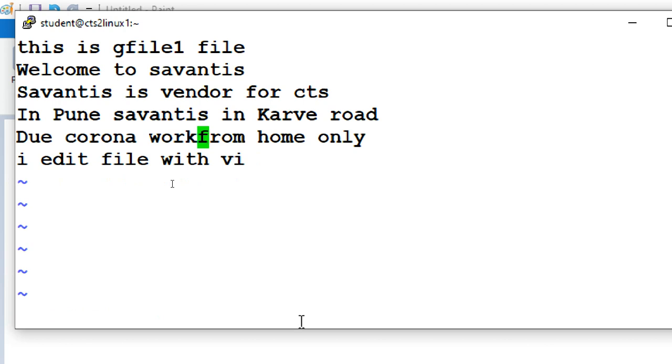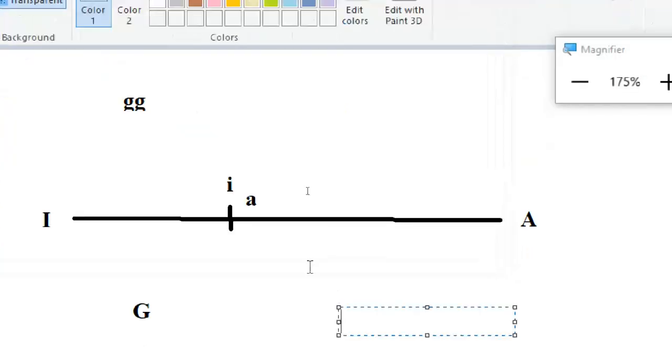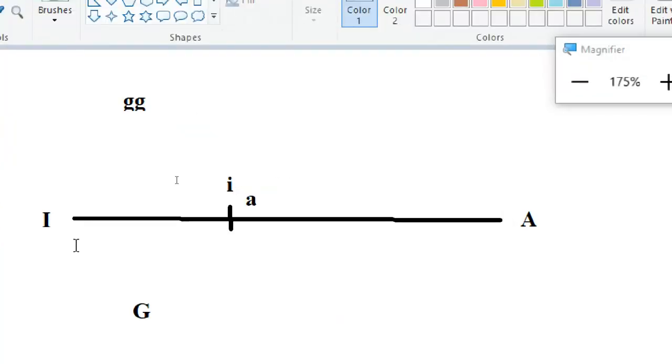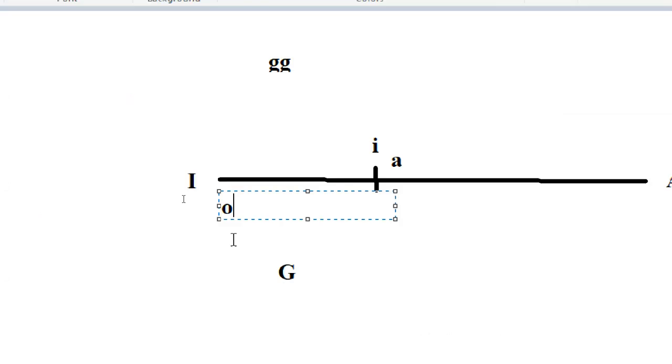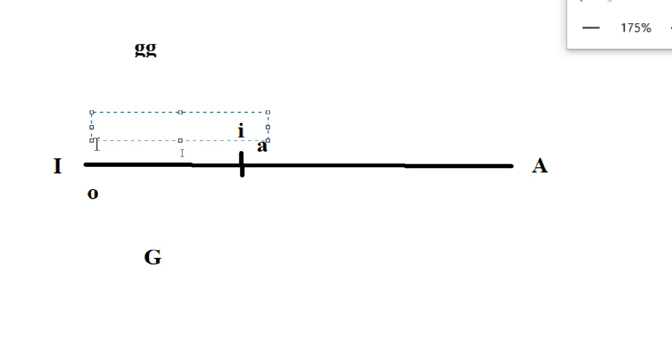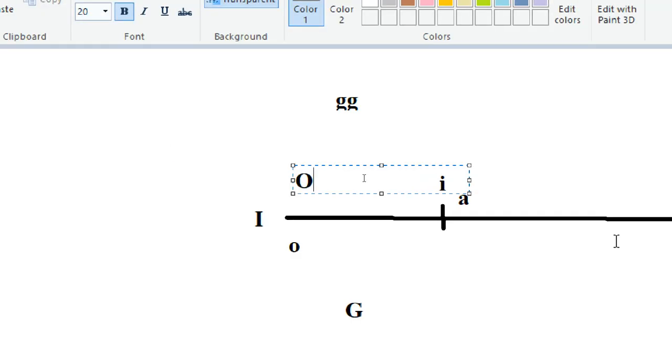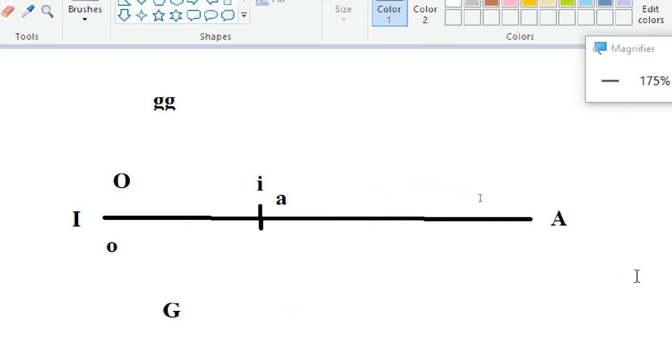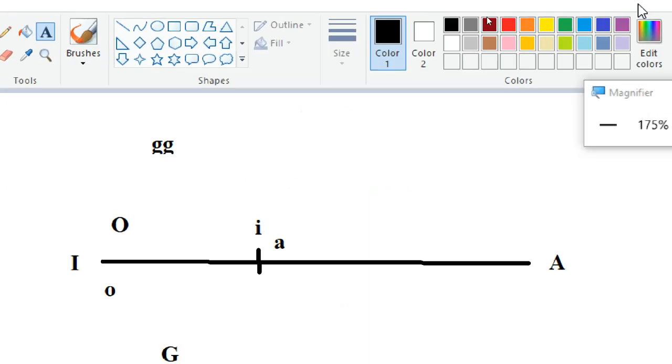Okay, so these are all insert commands only. So if you press small o, it will create a fresh line after your line, and capital O creates one on the above line.